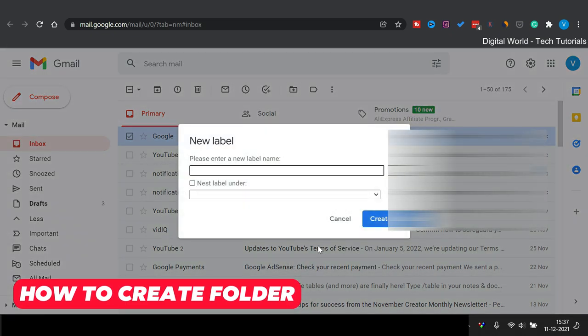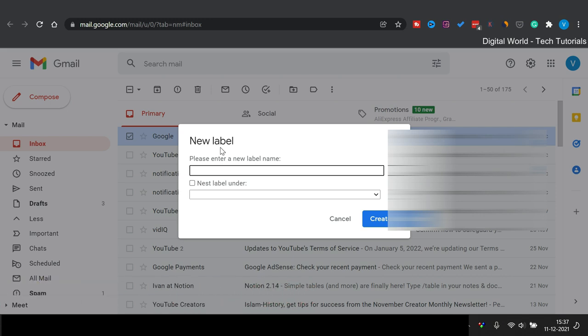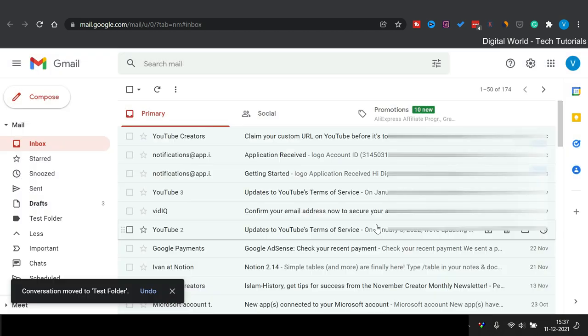If I click create new, you see that it doesn't say that it is a folder, it says that it is a label. But a label works like a folder. I've just given it a name, test folder, and if you're interested in creating subfolders, you can select that. Otherwise you can just deselect this and click create. And now that